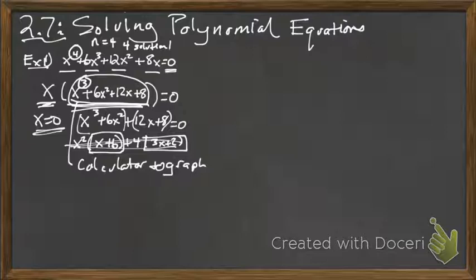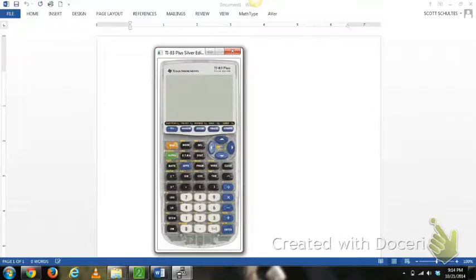Let's see if I can do this. I'm going to switch over to my calculator here, and hopefully this works. So I'm going to turn my calculator on, and in for y equals, I'm going to type in that cubic polynomial, and I think it was x to the third. Now to get x to the third, guys, what you have to do is hit, right next to the green alpha key, you're going to see a button that says x comma t comma, and then it looks like a circle with a line through it. That's a theta button,